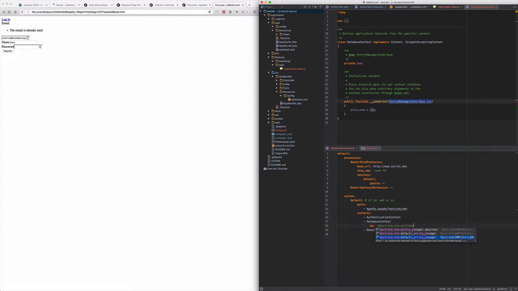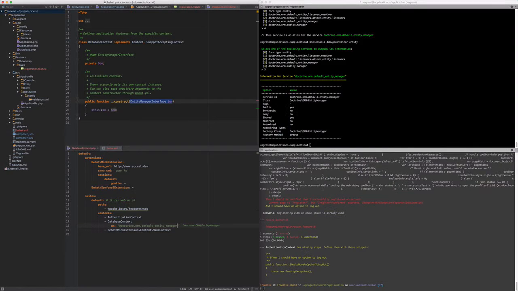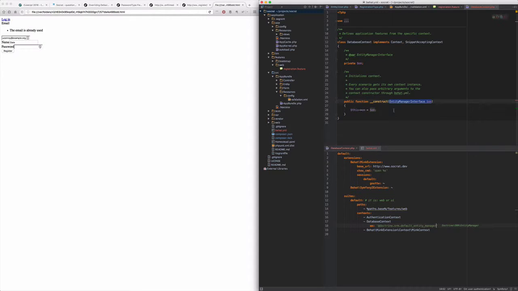Okay, we have a few. Let's maybe just do the default one. It's quite nice. It tells us what class it is. So now we should have entity manager in our context,